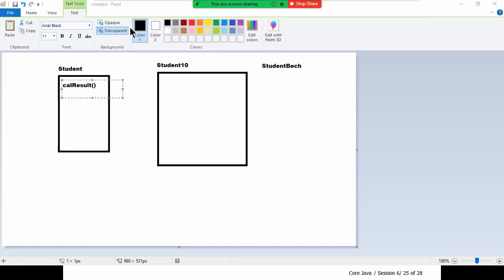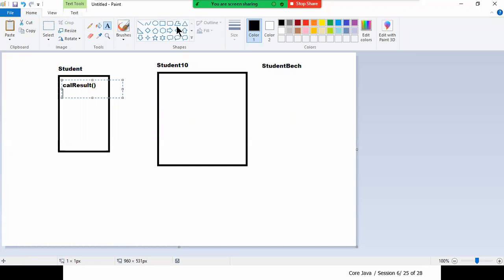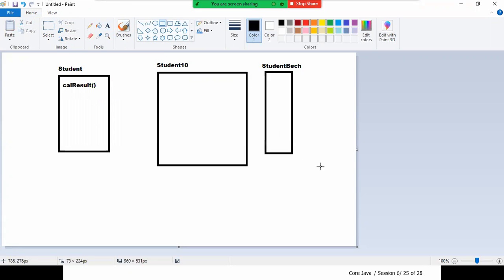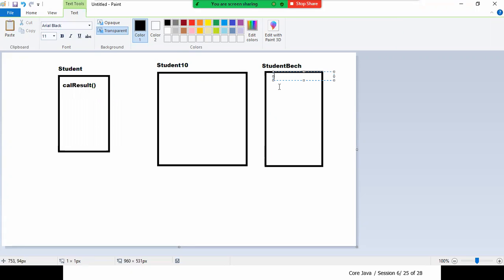Now for the BTech student, how am I going to calculate my results there? When I say calculate result, here the pass mark is 45.